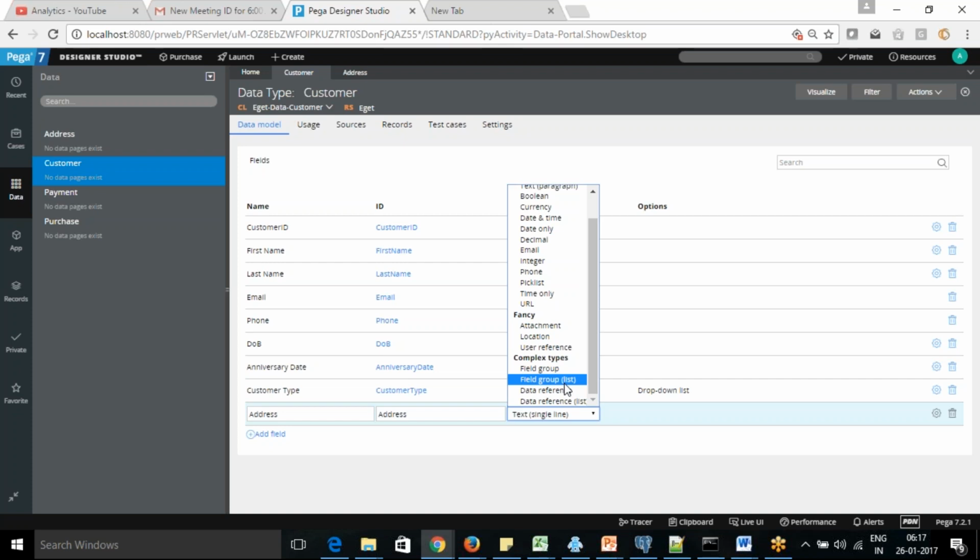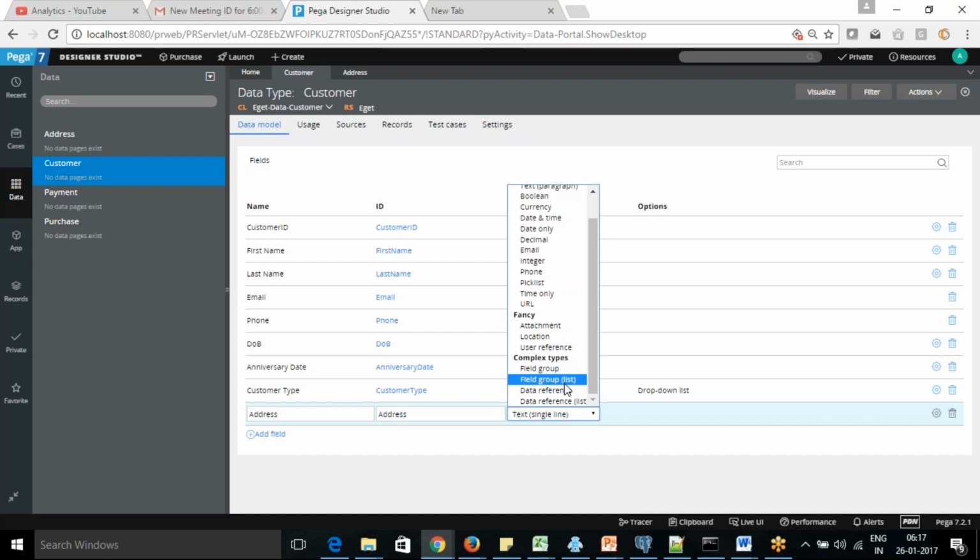So we cannot store them all in a single place. How are we going to do that? We need an array to store it. If it's a page of information and you want to make an array of it, then we have two concepts: page list and page group.